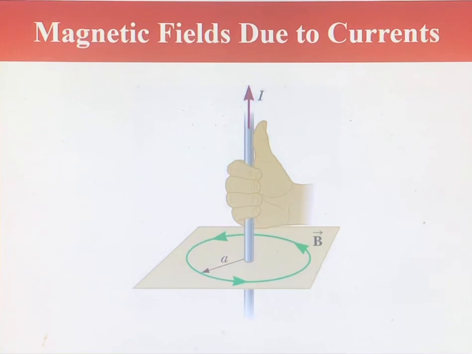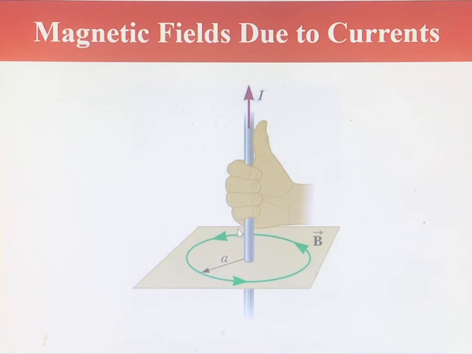All right, so basically, if you have a straight conductor, so this is a straight wire that carries a current, we can use the right-hand rule to tell me what the direction of the magnetic field is going to be. So you have a wire that carries a current, so your thumb tells me my direction of the current, and then if you just curl your fingers around the wire, it tells you what the direction of the magnetic